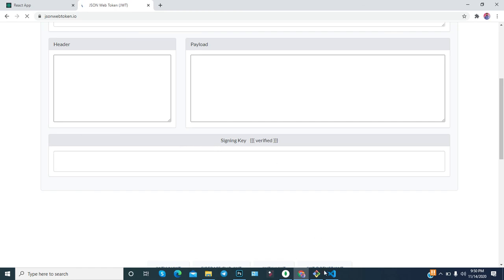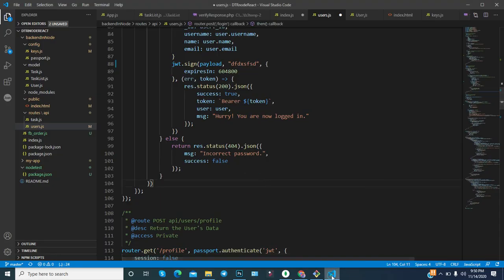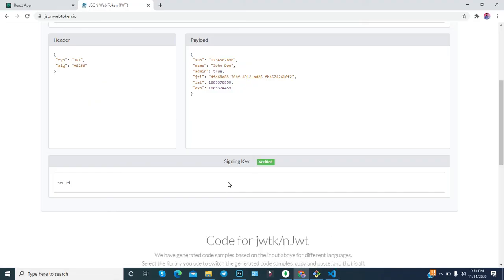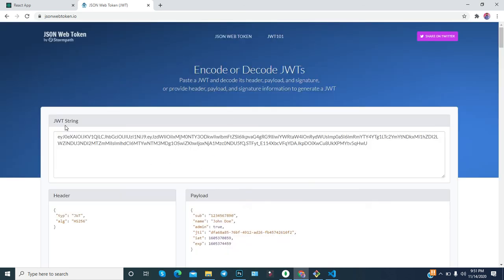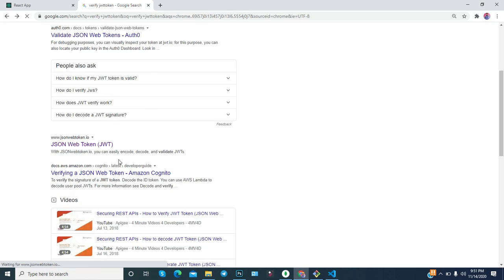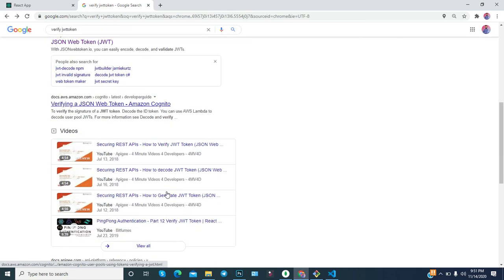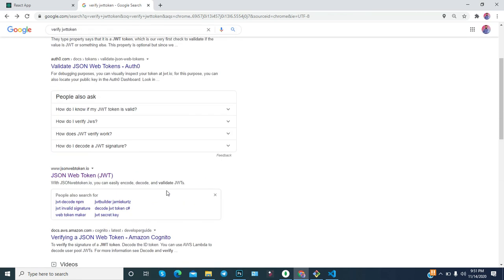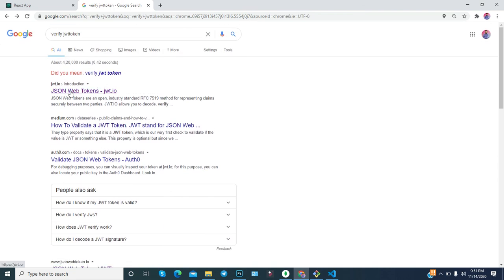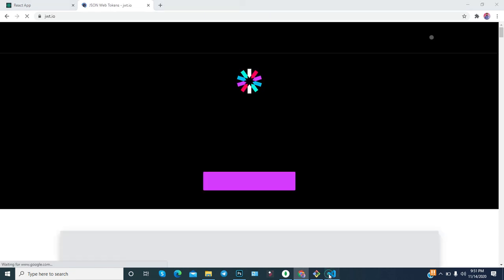It's okay. This is the header, payload, and string, something like that, but you have to find the correct documentation to verify the JWT token. So maybe this one. I will talk about these things later on.